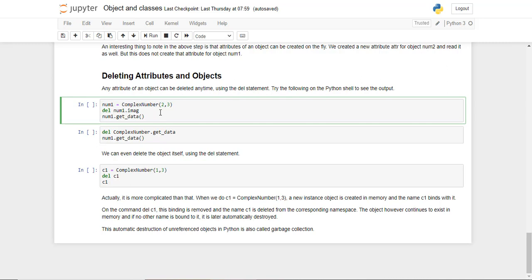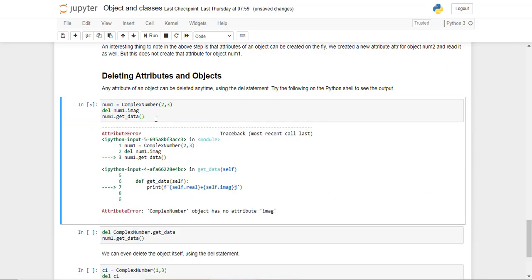So once we pass, let's run the cell. Once we try to get data, we're going to get an error because getData is a method that's going to require us to get this value, and this image variable is no longer existing for the num1 object. If we do it for a num2 object, it will still exist, but within this namespace we have deleted all references to the variable. Therefore the getData function is also going to suffer. So once again, it's a bad idea to do this in general, but you have to know that this can happen, so be very careful when you're using the delete function.